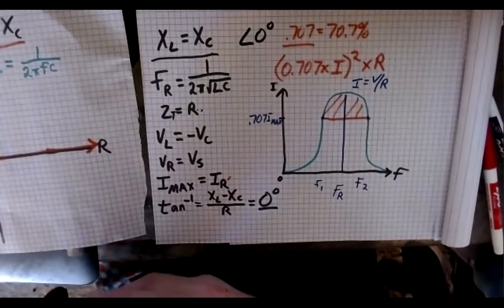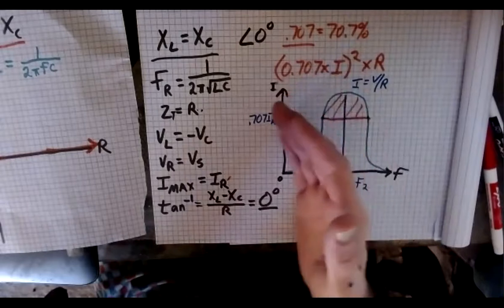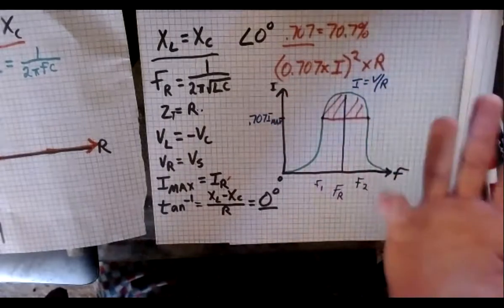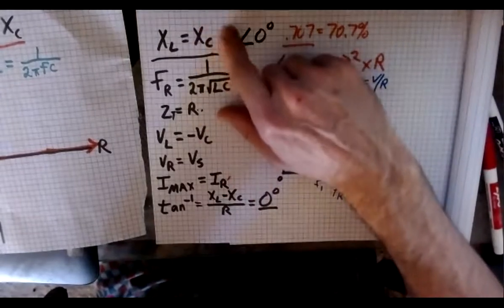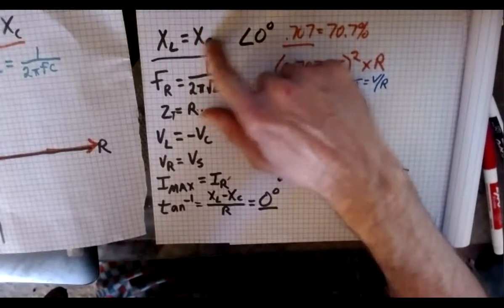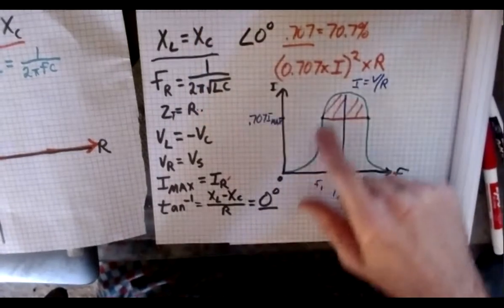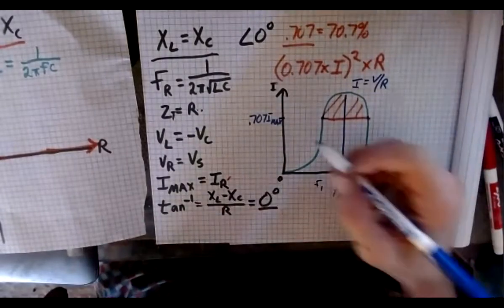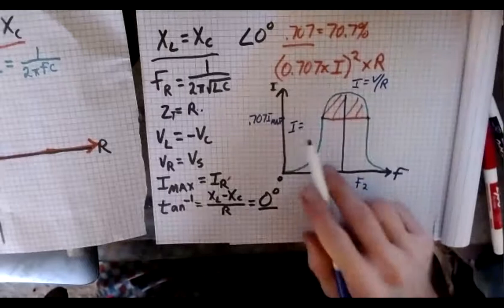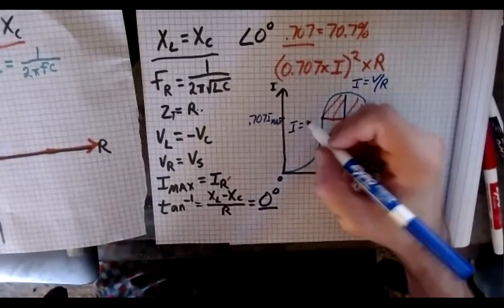I mean, honestly, if you think about it, as I start to go this way, or I start to go this way, there's an effect that's occurring. And it's going to pull us down, I guess you could say, in one way. But what we have to look at is our original response, because this is not so much true anymore as we start going out into these points, right? And the reason is this starts to happen. So we're going to look at it from a current point of view